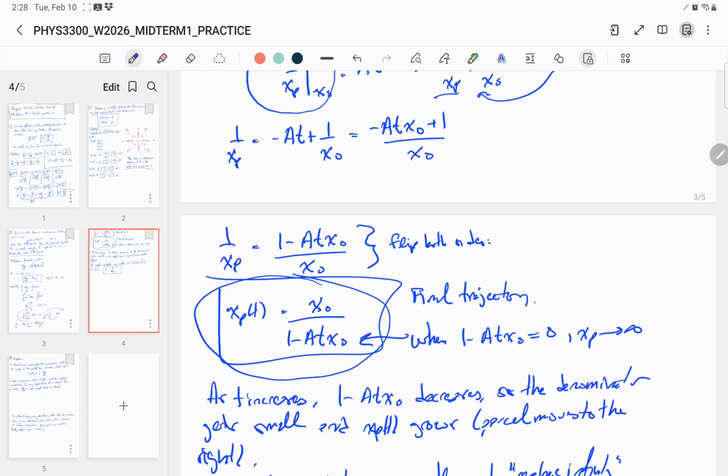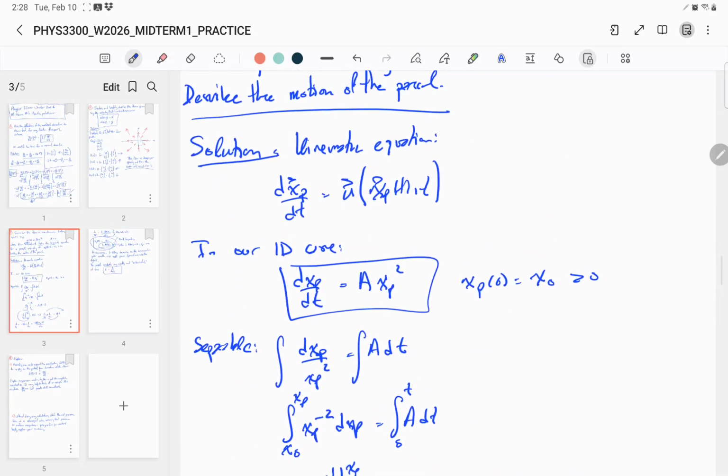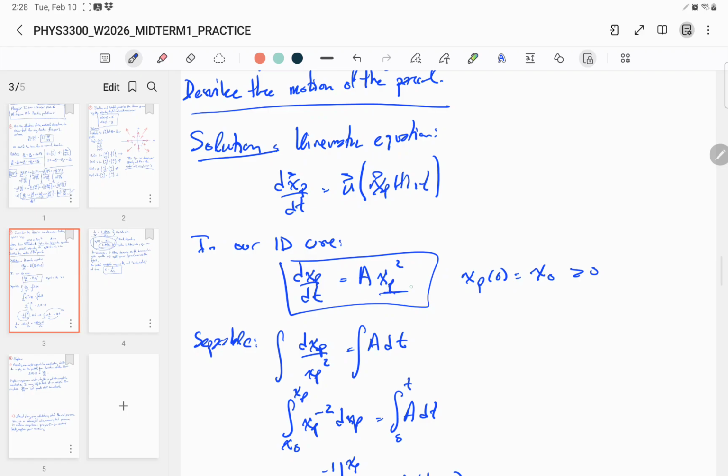And then in terms of describing it, what we find is that x of t is always positive, it is moving to the right, because this denominator is getting smaller, and then it actually goes to infinity in finite time. So basically, our flow is increasing like x squared. As x gets bigger and bigger, the square of x gets bigger and bigger also. So the parcel gets going faster and faster, and actually runs all the way out to infinity in